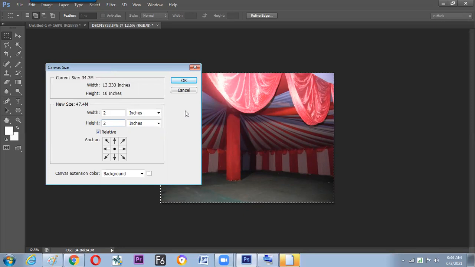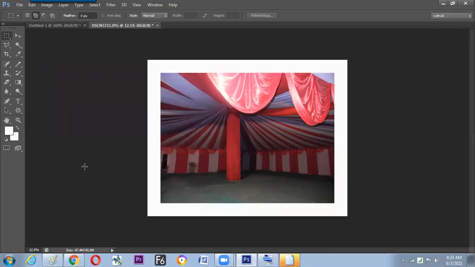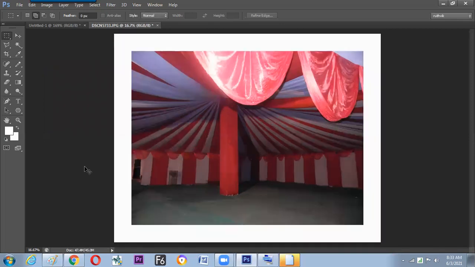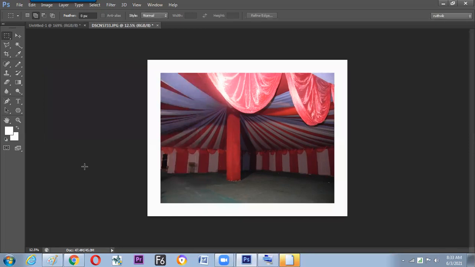Then the total height will increase 2 inches. Get it okay? Job is done. So hope we have understood now how to make the same bounding box with increasing the canvas size rather than making a stroke inside. Hope it is clear. Is it okay?